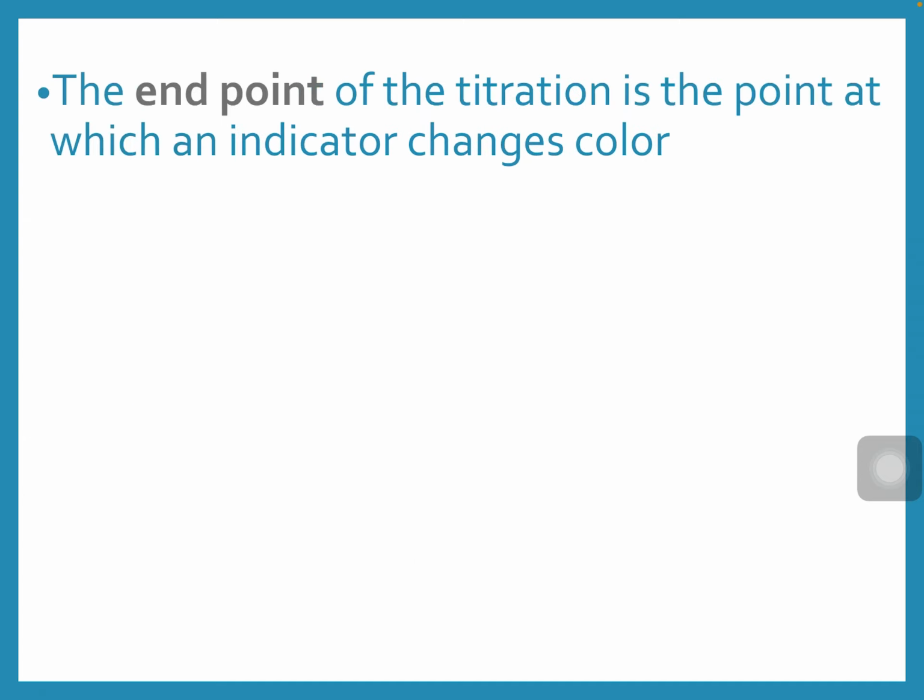The end point of a titration is the point where an indicator is going to change color. Remember, we talked about different indicators that we can use to determine the pH of a particular acid or base. So we are going to add an indicator. Remember, they change colors within a certain range of pH. For a titration, depending on what type of acid and base we have and which one of those 2 is our analyte and which one's the titrant, we will use an appropriate indicator to help us determine